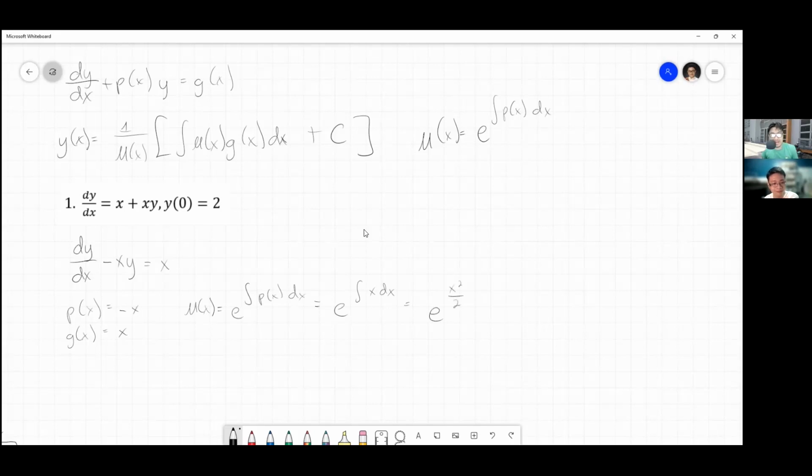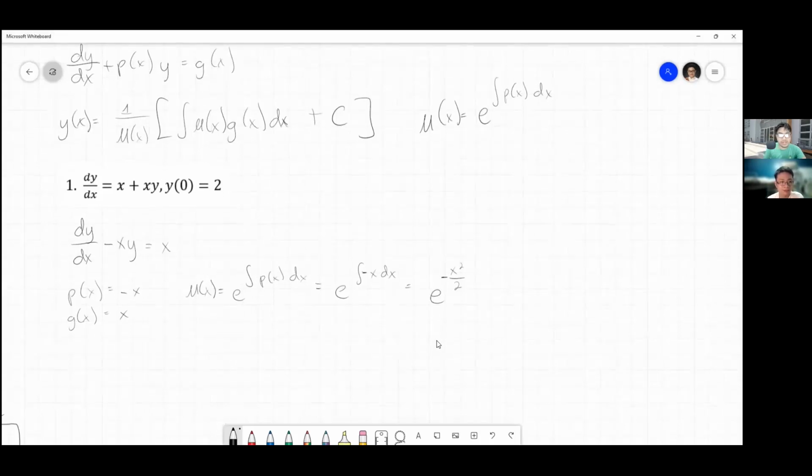So, yan yung ating integrating factor. Wait lang. This should be negative. Yes. Ayan. Okay, so meron tayong integrating factor na e to the negative x squared over 2. I-substitute natin siya dito. So, y of x equals 1 over mu of x. So, 1 over this one. That would just be, cancel lang yung negative sign niya. So, that would just be e to the x squared over 2